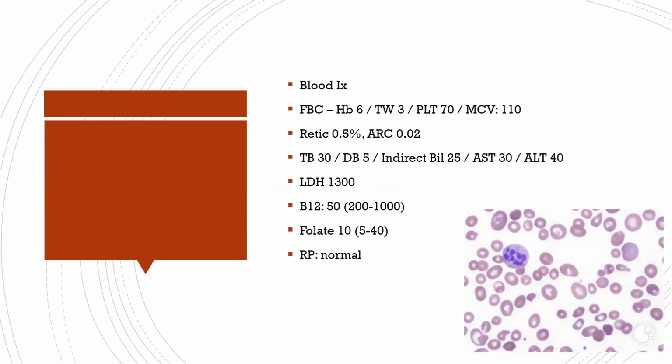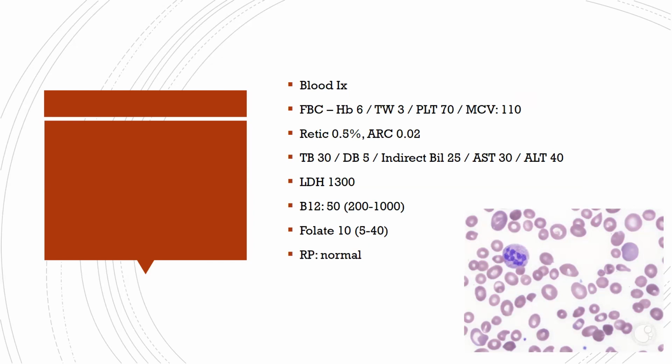MCV is noted to be elevated. Reticulocyte count is 0.5%. Total bilirubin is raised, predominantly the indirect bilirubin. LDH is high as well. Then we took the anemic workup. Iron is normal, B12 is 50, folate is 10. The renal profile is normal. So in the PBF, you can see this